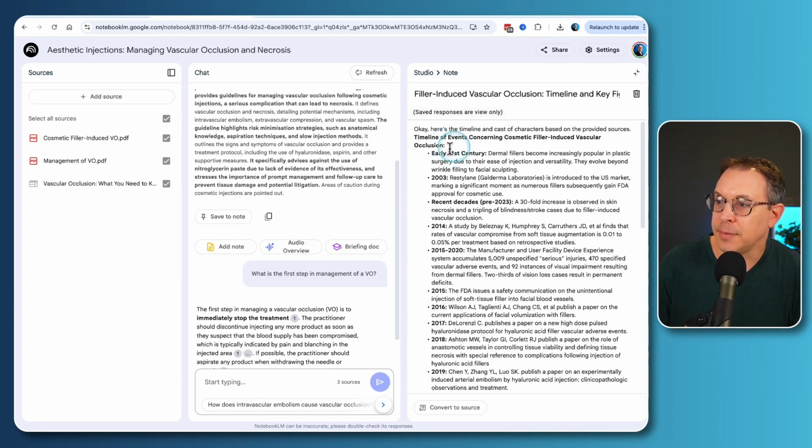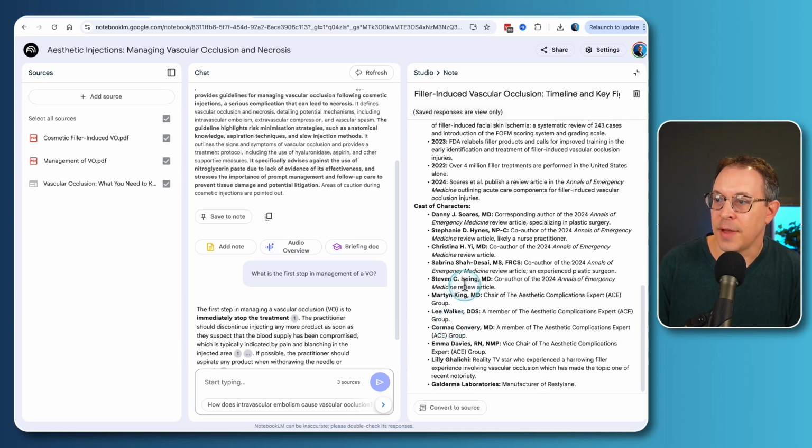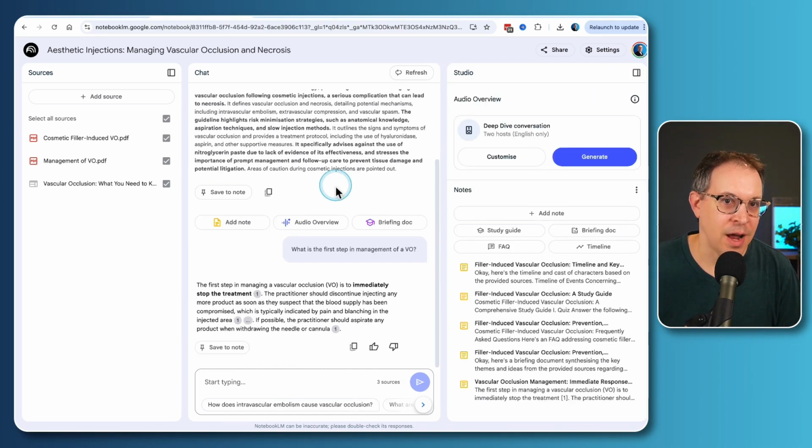You can see here the timeline says early 21st century. Dermal fillers become increasingly popular. 2003, Restylane is introduced to the US market. In the recent decades, 2014, 2015, 2016, etc. Fantastic. And a cast of characters as well. These are likely the authors of these papers, but nevertheless, that is an interesting way to look at this as well. One of the things that I think is most exciting about this, and I think it's absolutely incredible, is